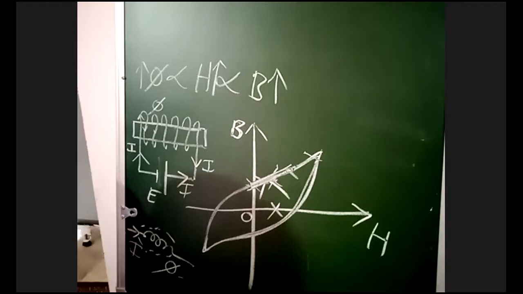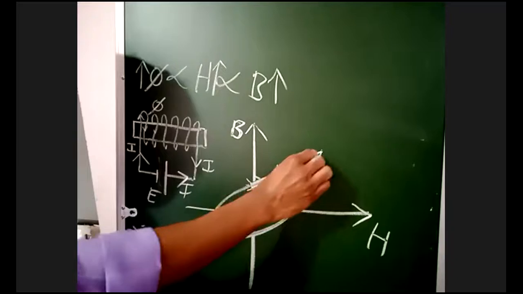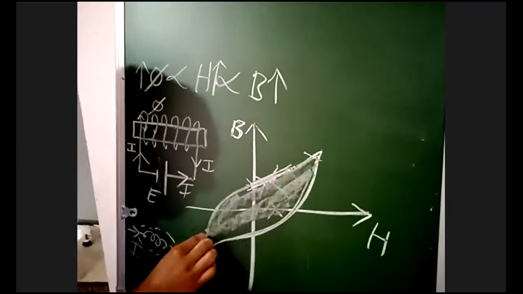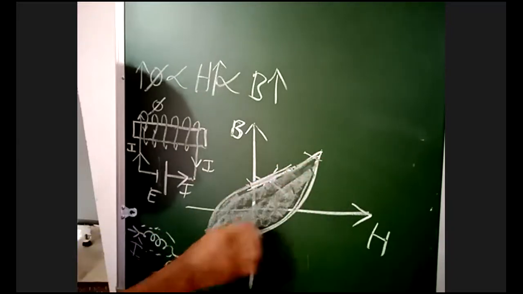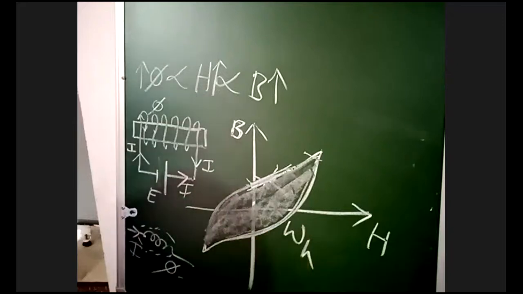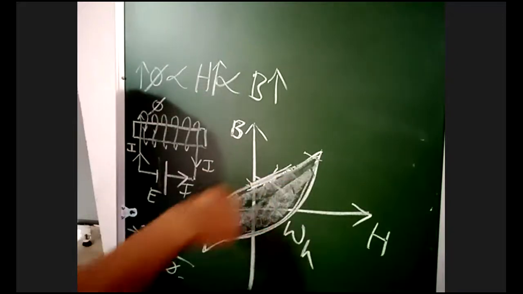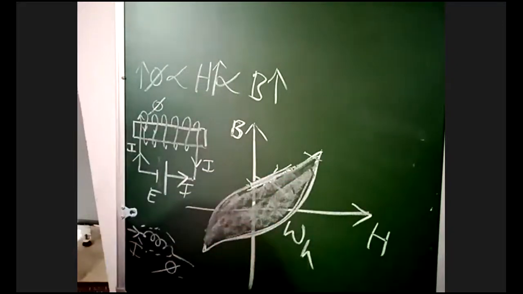That's why you have to reverse the battery continuously. You have to continuously change the direction of current for magnetizing in the forward and backward direction. When you are magnetizing the iron piece in the forward and backward direction, due to continuous reversal of current, some loss is going to occur in the iron piece, which is called hysteresis loss. If you calculate the area inside this curve, that will give the hysteresis loss.